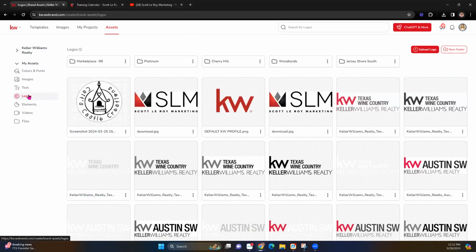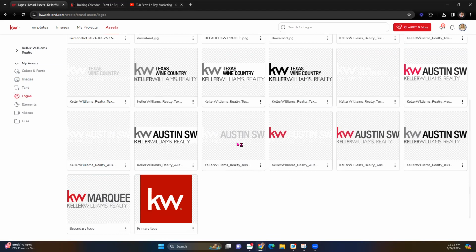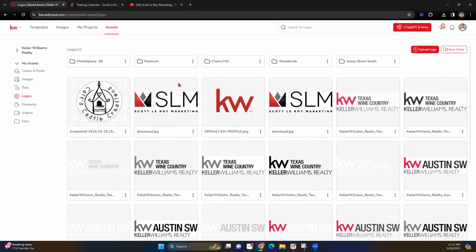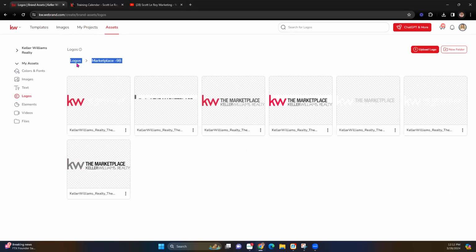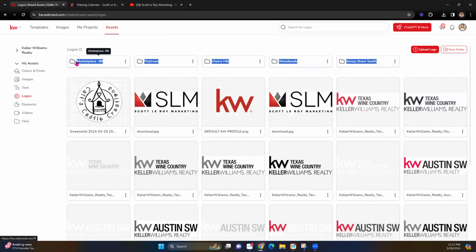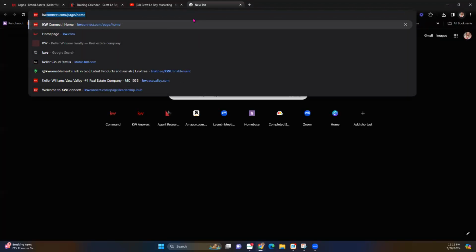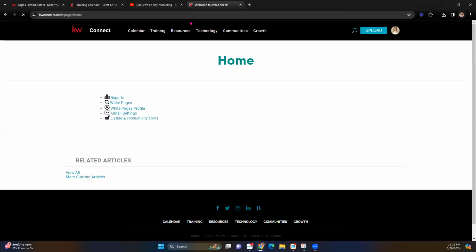Logos, this is where you keep your market center specific logos, or if you have a team, you can see I have folders up here with various logos as well. So you can always access those. So before we go any further, I do want to show you guys where you can access your market center specific logo. In order to do that, we are going to go to